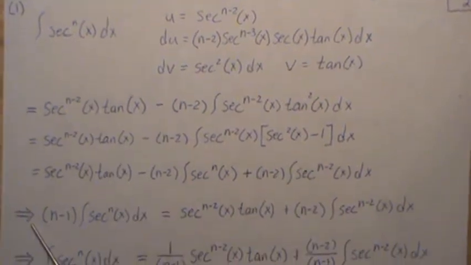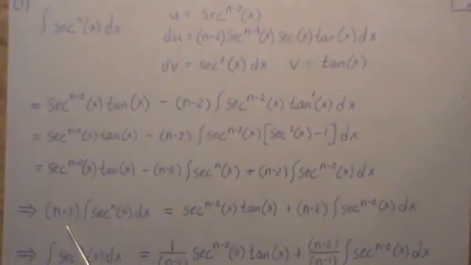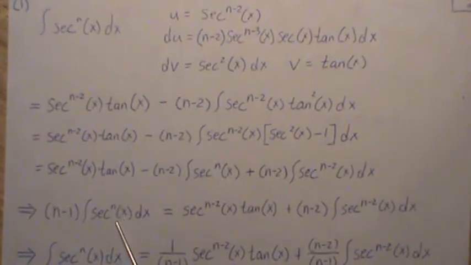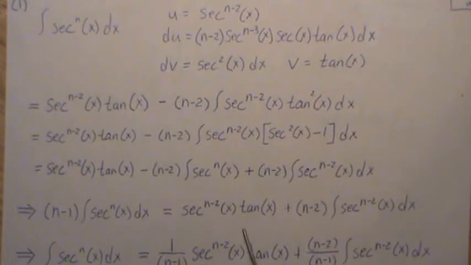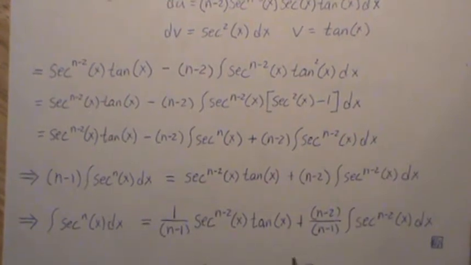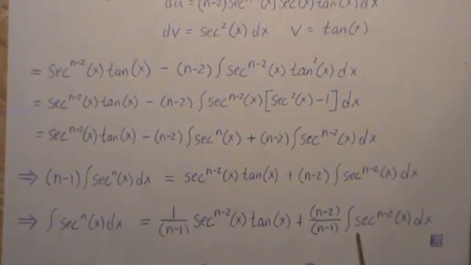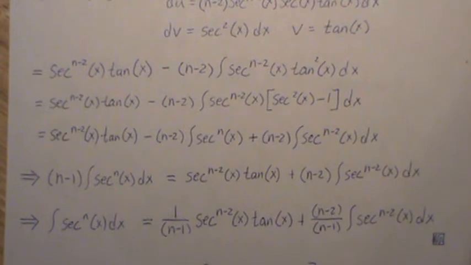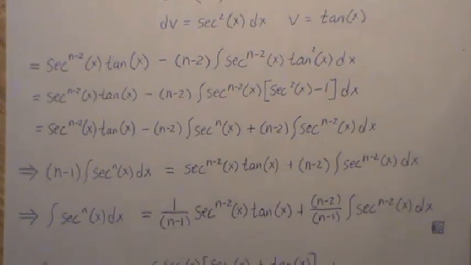So that implies that we get n minus 1 times the integral of secant to the nth is equal to this, what's left over up here. Then we divide everything by n minus 1, and we get this. And this is a power reduction formula for the secant function. And that's it. Now, this next integral,